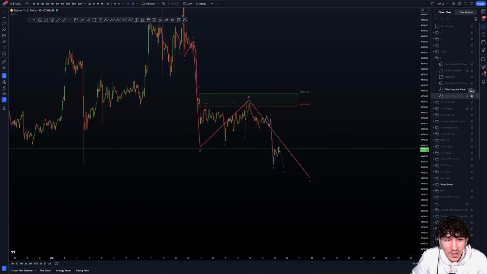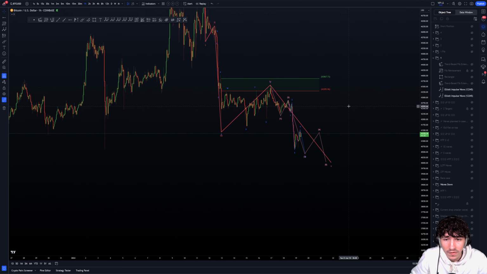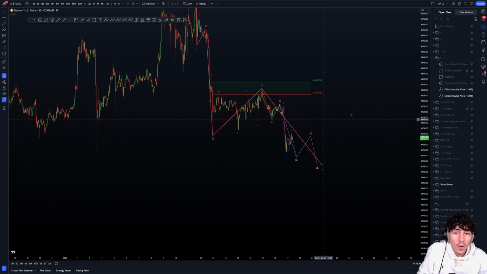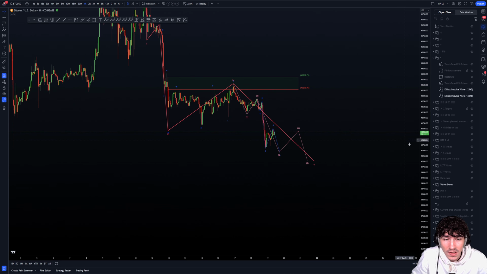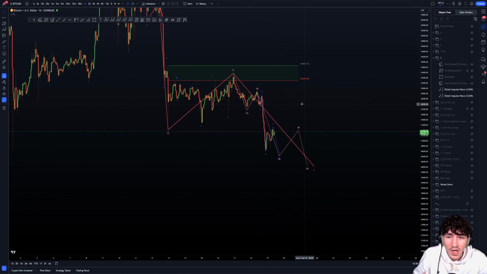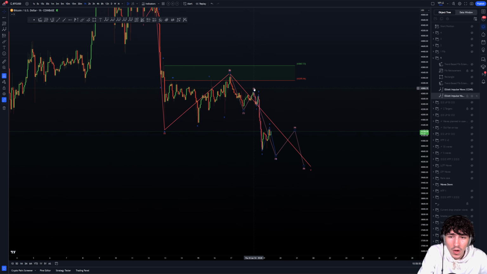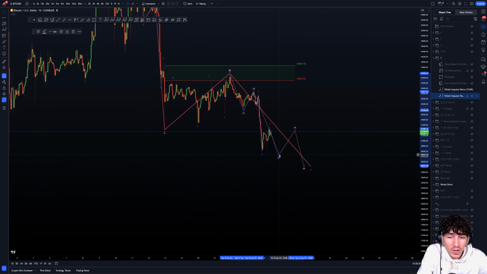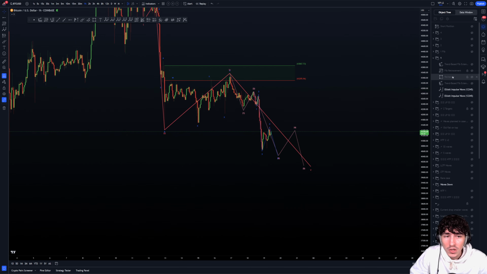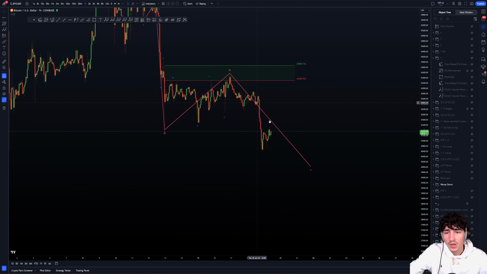A bigger impulsive, really, an impulsive into the wave 5, so the pink wave you can see here, or an ending. So an impulsive like this will be the small wave. I'm going to cover all of this. An impulsive, so wave 1, 2, 3, we need to finish the 1, 2, 3, or 5 here, the 5 waves into the wave 3 here to complete this wave 3. We have to get 5 waves into this wave 3, so blue 5 waves, then bam, wave 4 retracement, and then a wave 5. This is the first configuration. Now I'm going to show you the second one, but I'm going to come back to this next to show you the targets and everything.